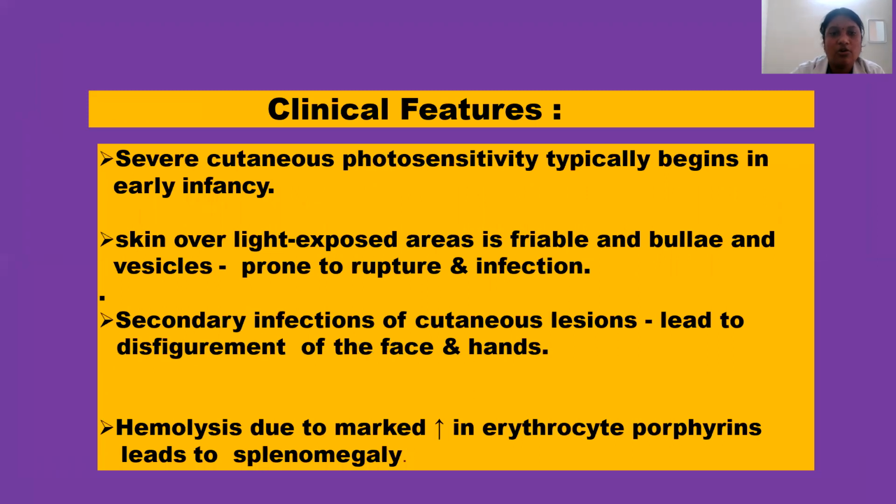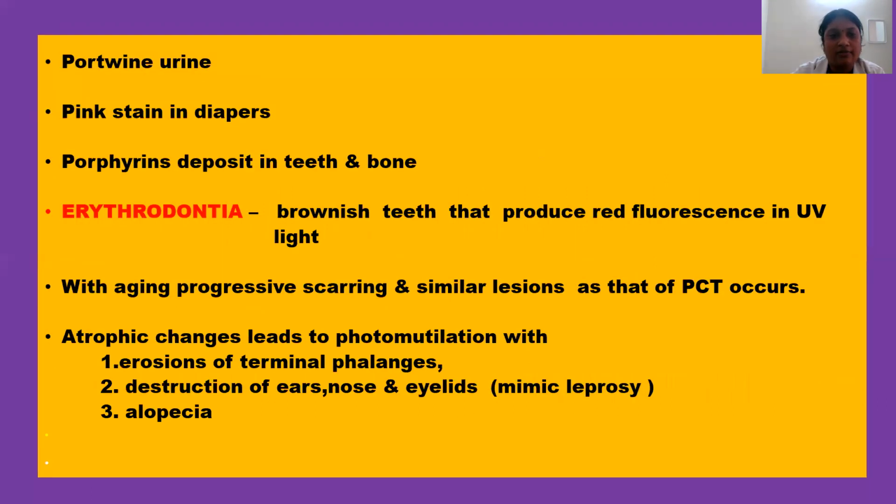Clinical features are severe cutaneous photosensitivity, typically beginning in early infancy. Skin over light-exposed areas is friable, and bullae and vesicles can be seen, which are prone to rupture and infection. Secondary infections of these cutaneous lesions lead to disfigurement of the face and hands, and hemolysis due to increased erythrocyte porphyrin, leading to splenomegaly. Port wine urine, pink stain in diapers, porphyrin gets deposited in teeth and bone, resulting